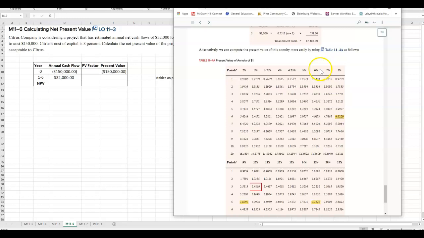We look at 8%, so we find 8% up here. We follow it down to 6 periods. So 8%, 6 periods. The factor is 4.6229. And we just multiply those. That gives us a present value of $147,932.80. We net these two numbers,